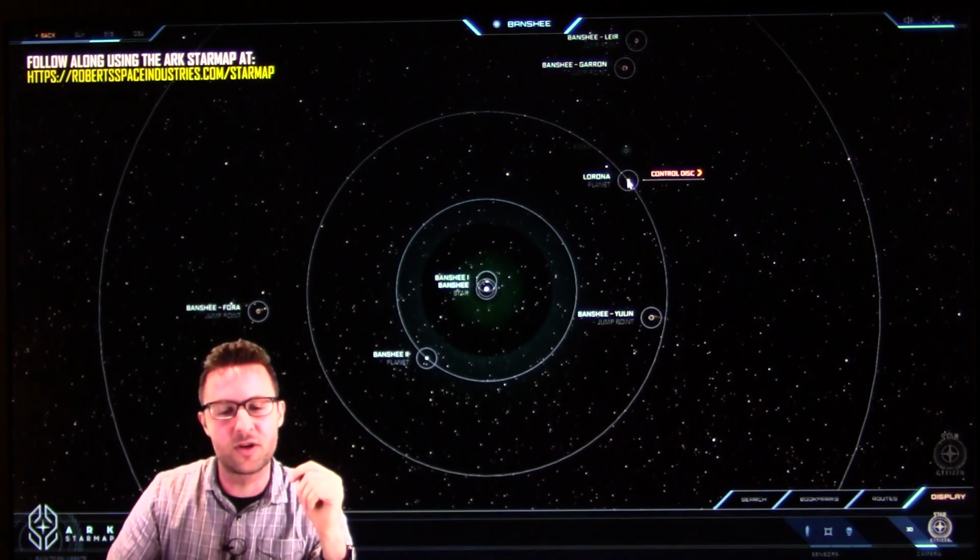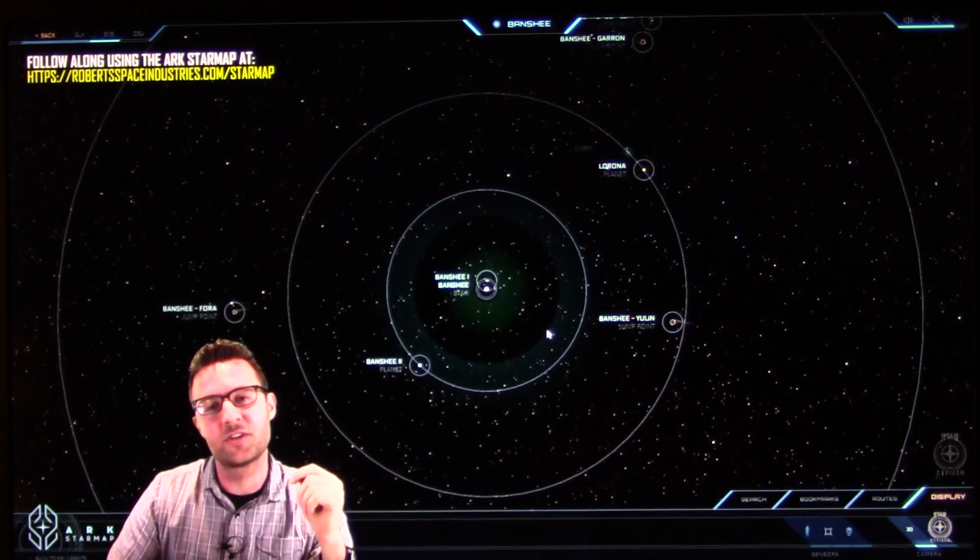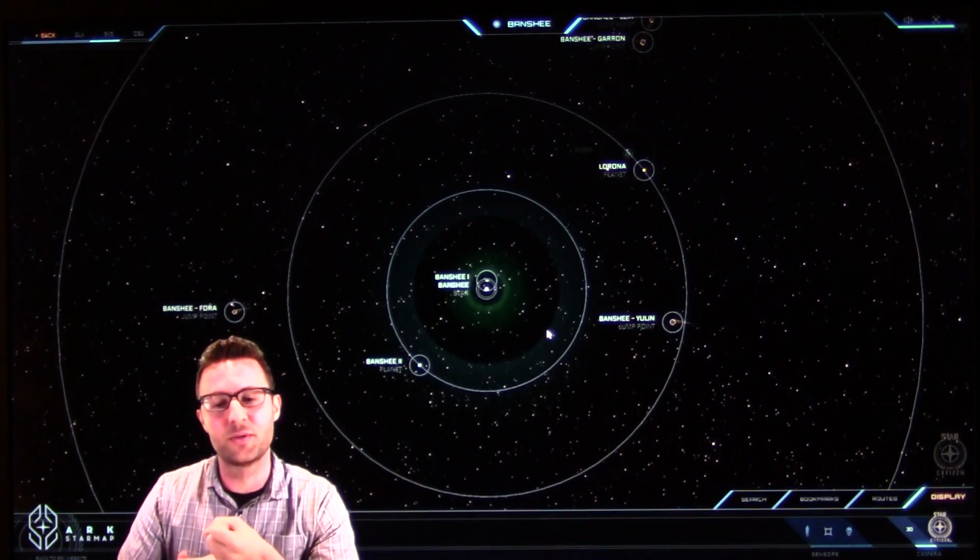It is recommended that if you do go visit the system, you do make sure to do all repairs and refueling before entering, because if your ship does break down, getting out of your ship to do repairs or have anything done to it can be...